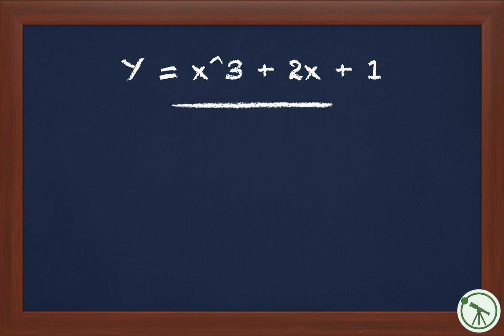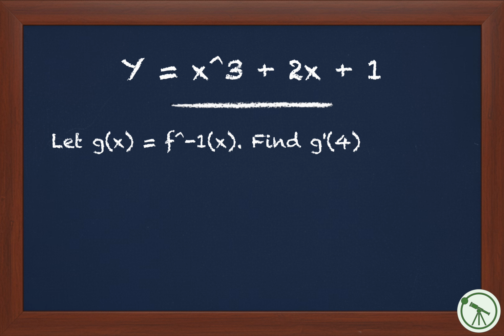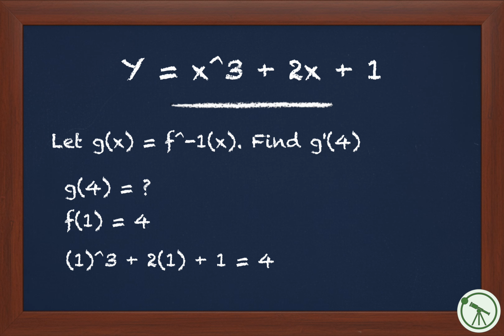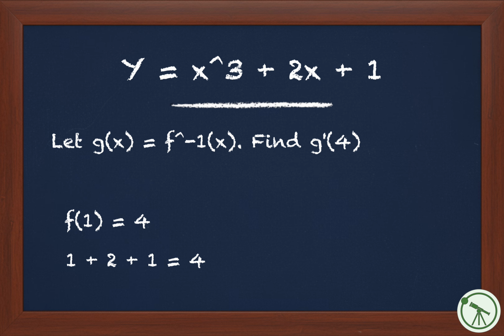Here we have the function x cubed plus 2x plus 1. And our main objective is to find the inverse derivative value at 4. Since we're trying to find the y value at g prime of 4, we can make the statements g of 4 equals something and f of something must equal 4. Using this logic, we should set the original function equal to 4 to find the x value at this point. Just looking at this equation, it would make sense that an x value of 1 would give us a y value of 4. Therefore, we can confidently say that g of 4 equals 1,